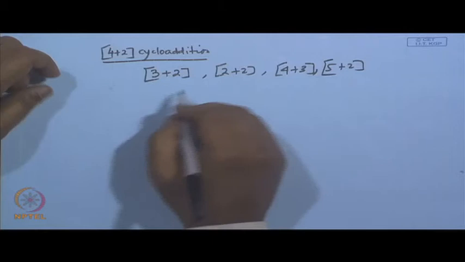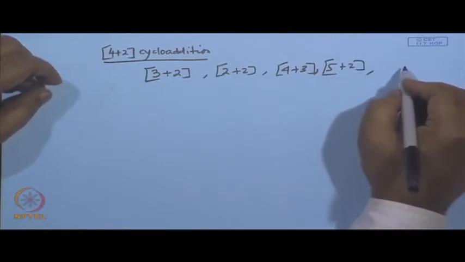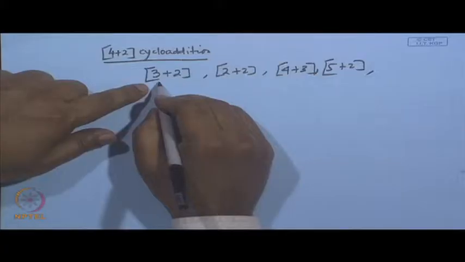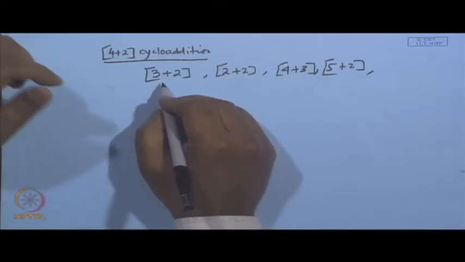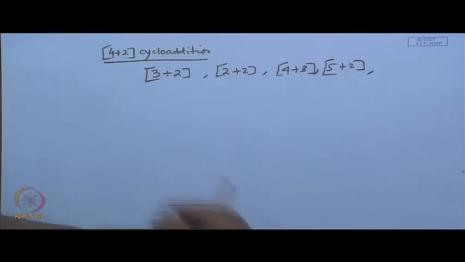These are known as higher order cycloaddition reactions. When you say 3+2, how many electrons are participating? 4 and 2, so essentially it is 4+2. That means this 3 actually refers to the number of atoms. We will talk about it, but when it comes to the Diels-Alder reactions,